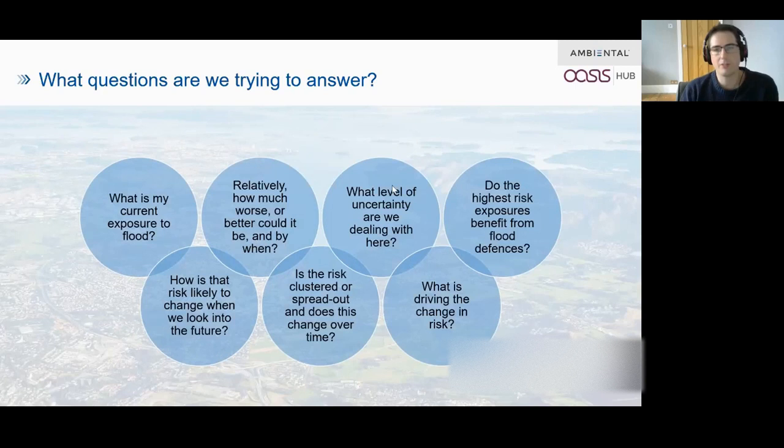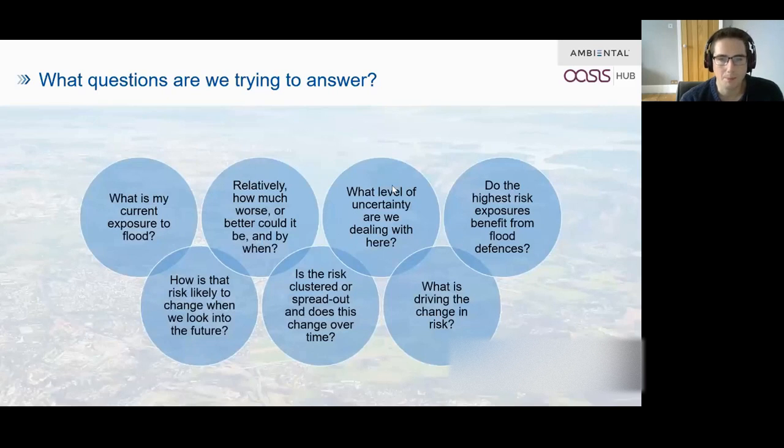Now, climate change is, for me at least, a question of sensitivity. It's a question of trying to understand the uncertainty over the future, and perhaps narrow down what the parameters are relevant to whatever it is we're concerned with, whether that's an insurance portfolio or pipelines to manage, properties to plan. Ultimately, we're trying to answer the question: do I or should I consider changing my strategy to flood risk now because of what might happen in the future?